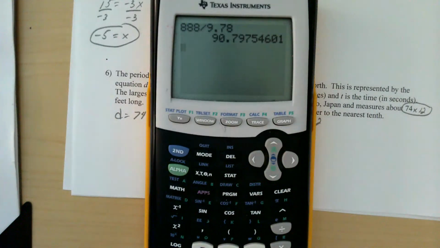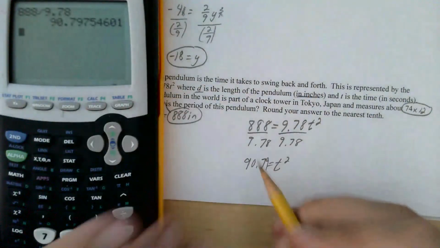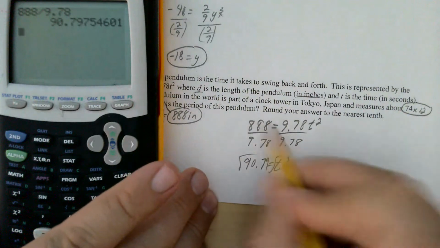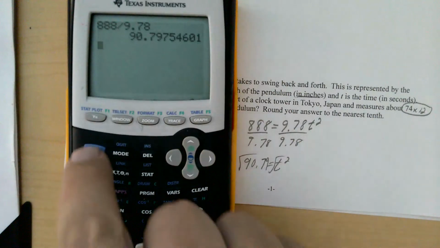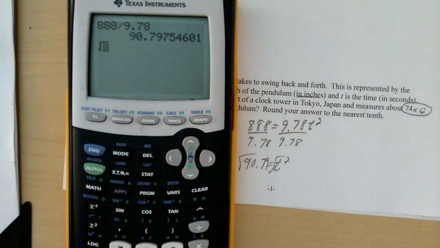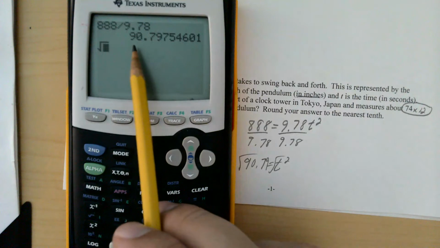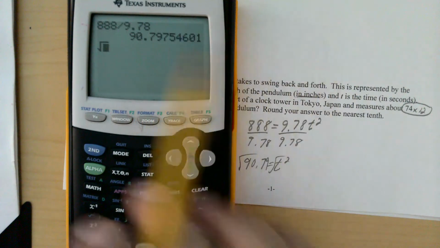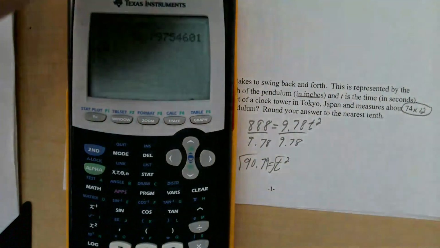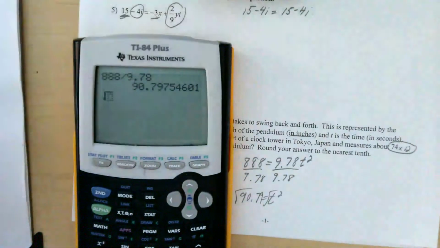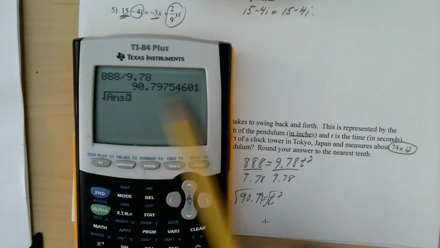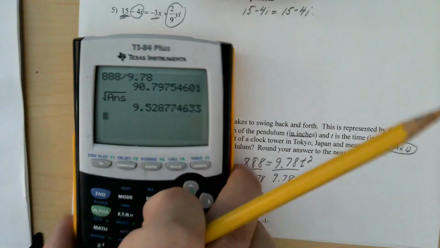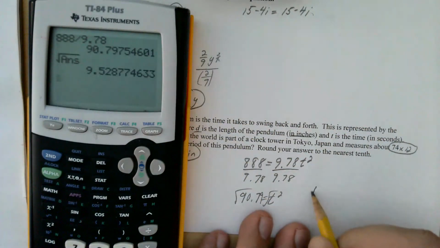It is better not to round that. So when we take the square root, okay, we're basically taking the square root of this fraction, okay? Don't round until the very end. So to do this on a calculator, I hit second, x squared, there's my square root. Instead of just typing in 90.797 something, I can just hit second, and then down here is the negative, where above the negative is the answer. If I hit second negative, it then uses this line right here. So I hit enter, and I see it's going to take about